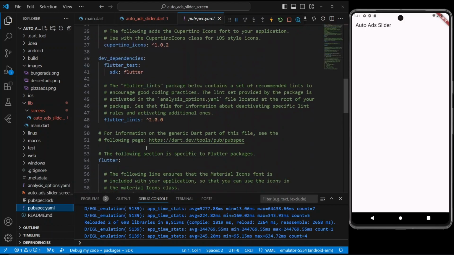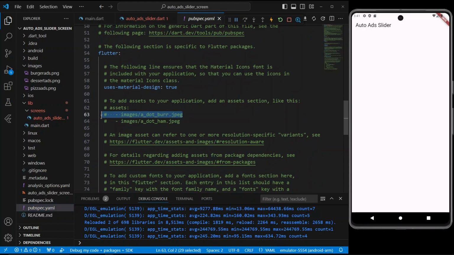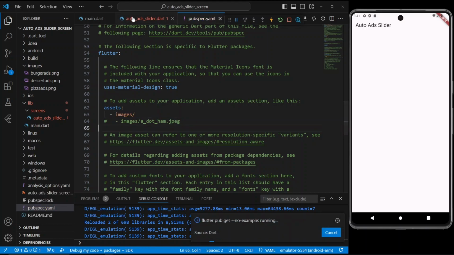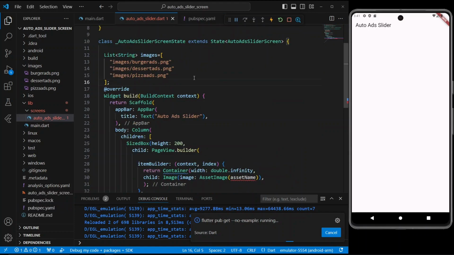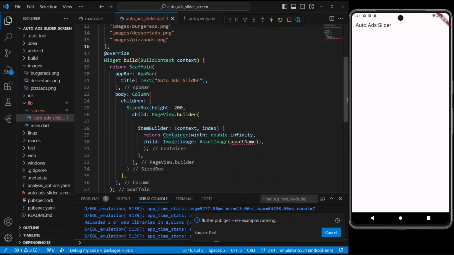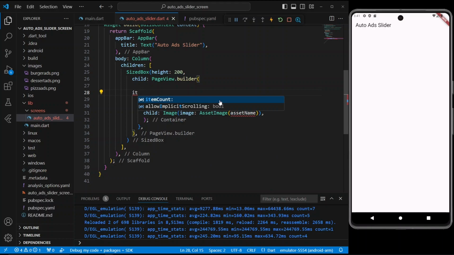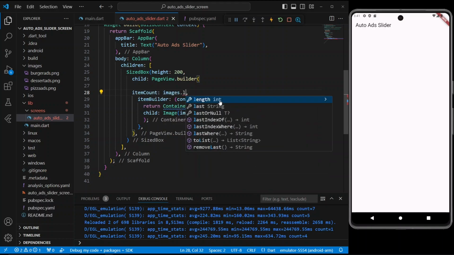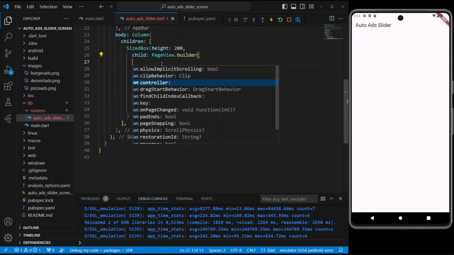So open the pubspec.yaml file and define the location for the images folder. Now add a list name inside this property to count the item length.